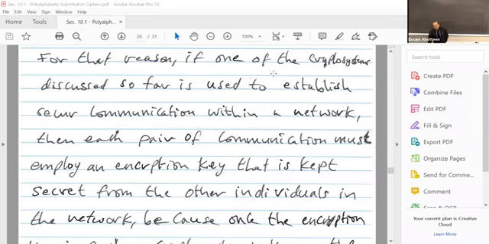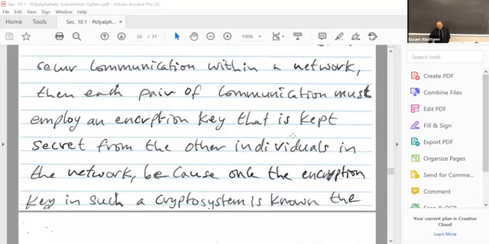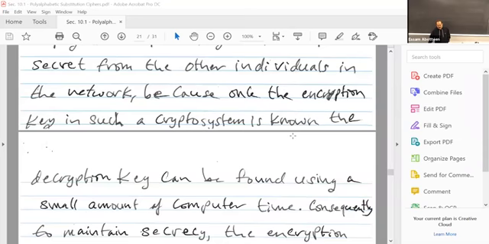Can we establish a crypto system where a person publishes the encryption key for others to use to encrypt and send this person messages, and then the person who receives the message can use his own private secret key to decrypt the message? And if it is intercepted by others, then they will not be able to understand it. So these types of crypto systems are called public key